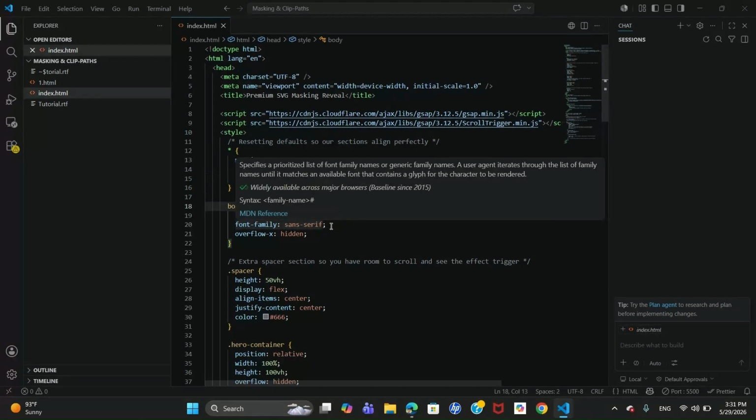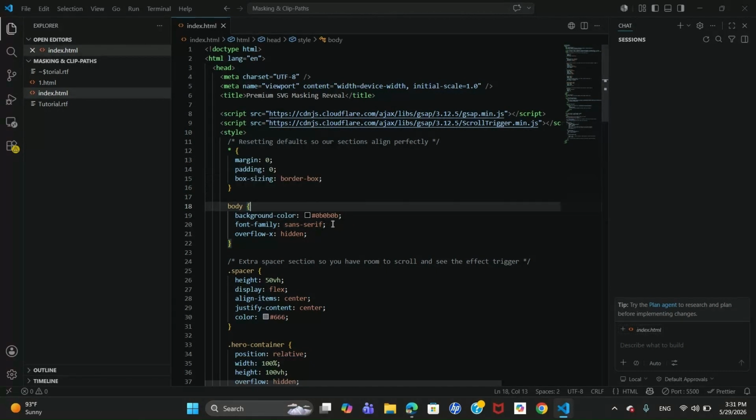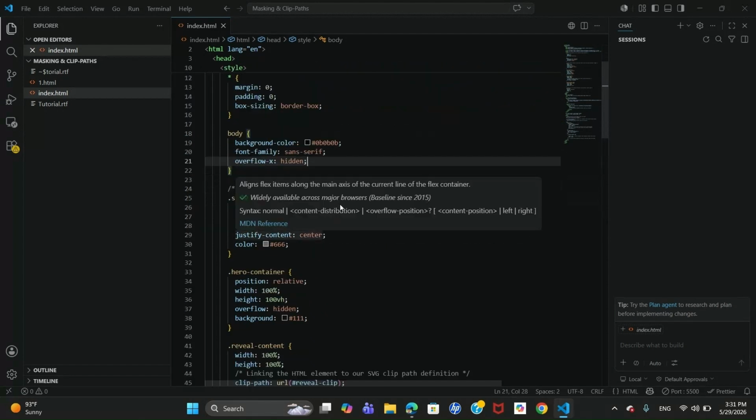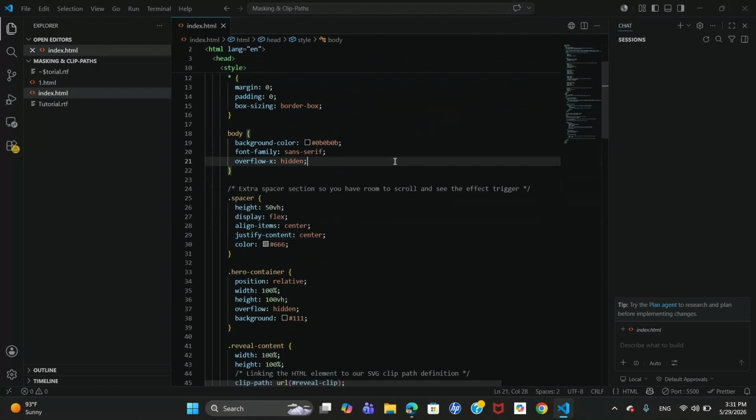Right below that, we style the body with a deep, cinematic dark background and a clean sans-serif font. Notice that overflow-x: hidden? That's a crucial little safety net to prevent any awkward horizontal scrolling if our upcoming animations expand past the screen